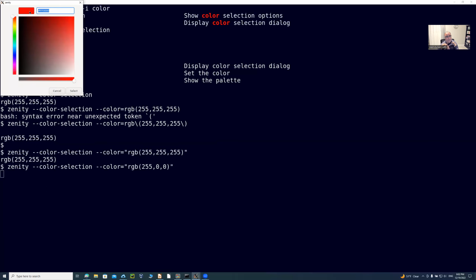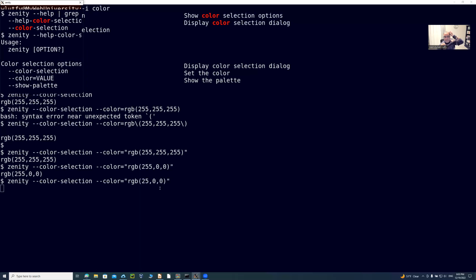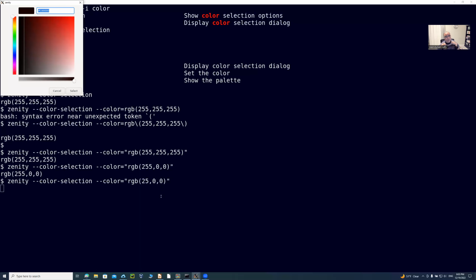As you can see, it is a very light red. If you want a darker red, you could just say, for example, 25. The smaller the number, the darker toward the other end. So zeros would be equivalent to all black, and then F would be equivalent to all